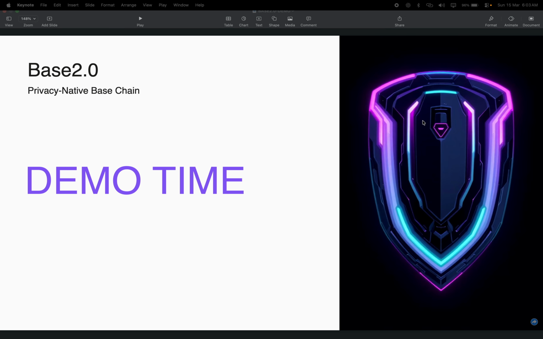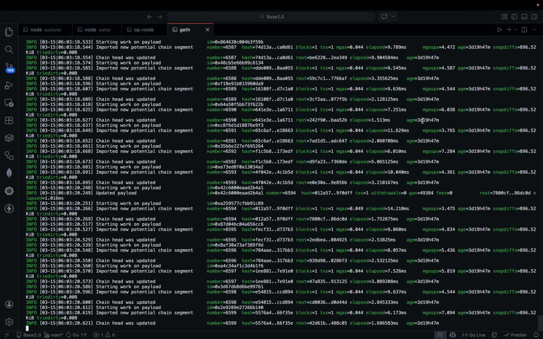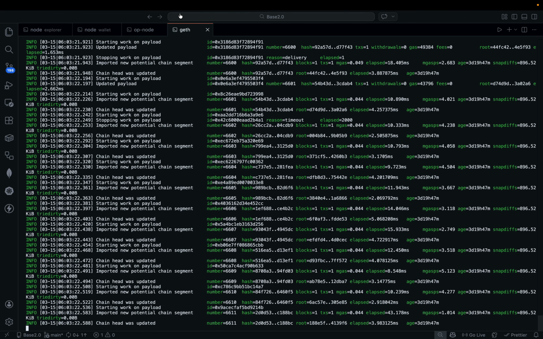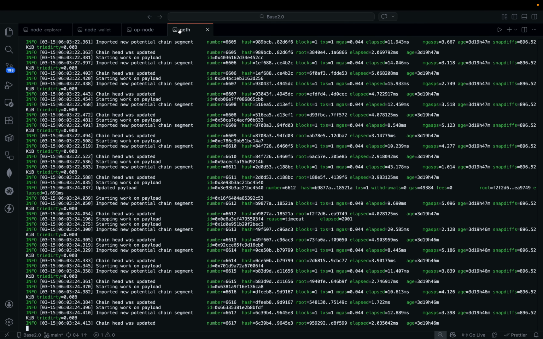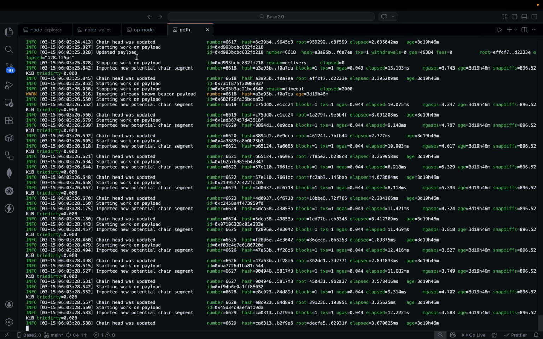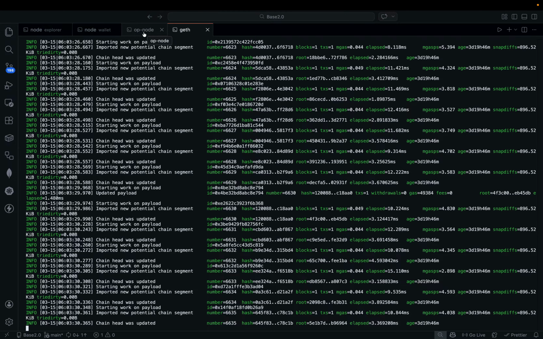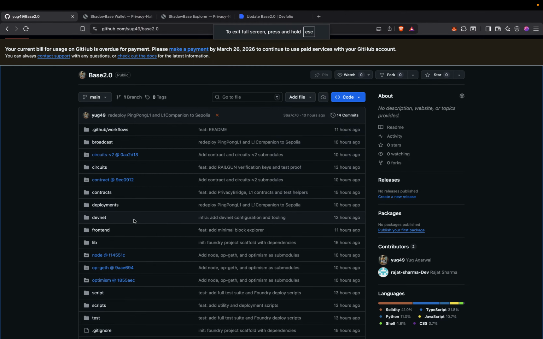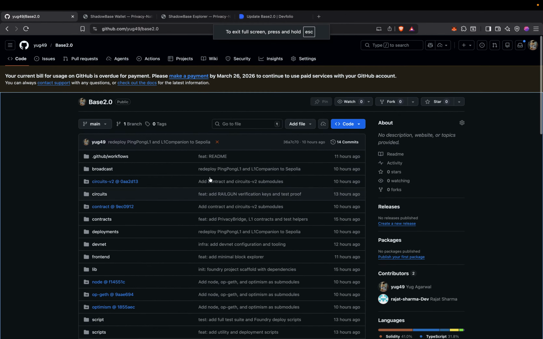So now let's go to the demo quickly. Here I've already started the chain. Here is the Geth we are running. Geth is the execution engine of the chain, and we have forked Geth. I'll show you the repository. This is the Geth repository.